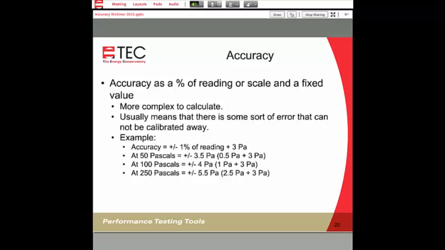So in this particular case, let's just say that the accuracy is plus or minus 1% of reading plus 3 pascals. That then translates into 3.5 pascals at 50, 4 pascals at 100, and 250 pascals is plus or minus 5.5 pascals. So all of these are acceptable accuracy statements.